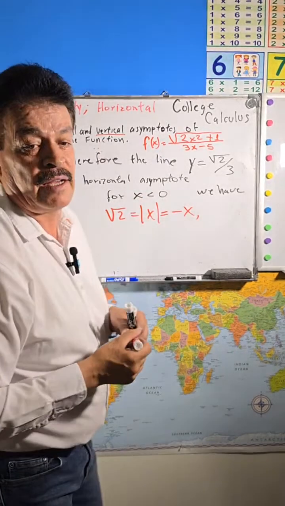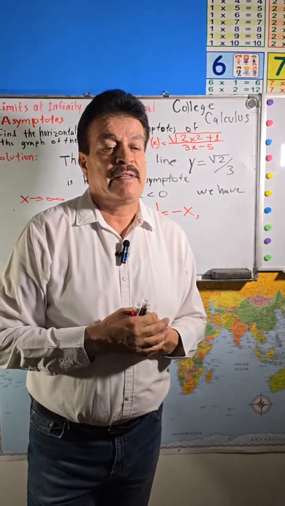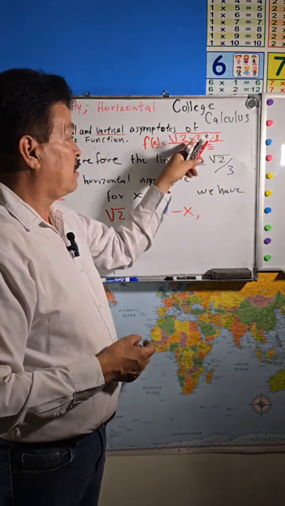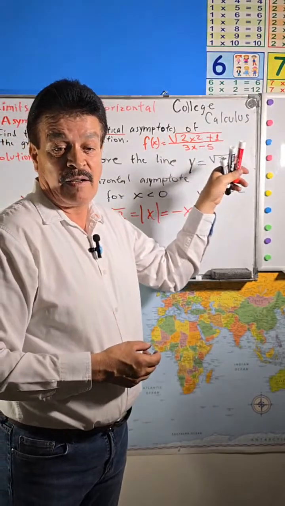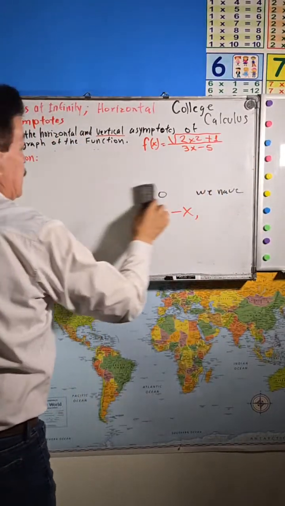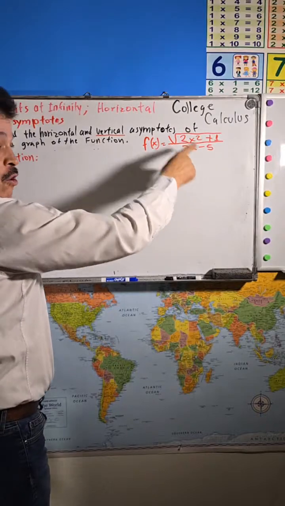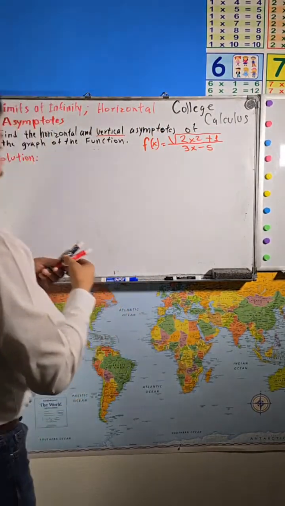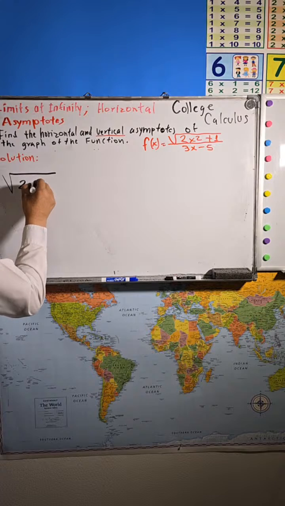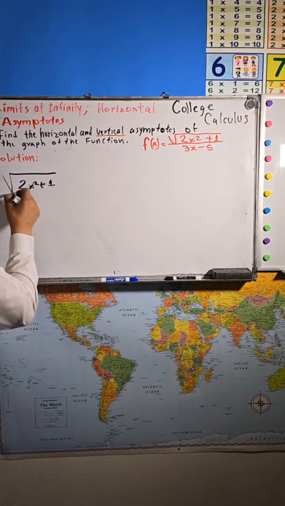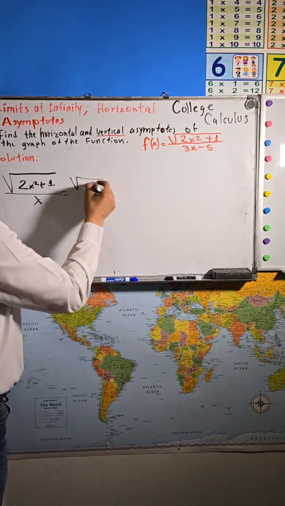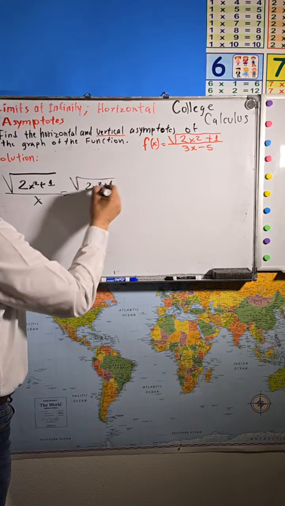So when we divide the numerator by x and the denominator by x, for x less than 0, we get a different conclusion. The square root of 2x to the second power plus 1, divided by x,